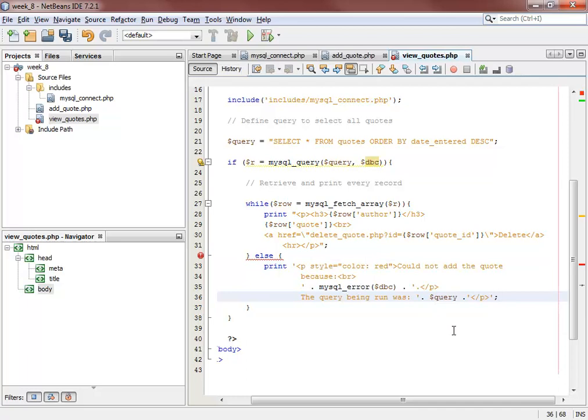And I'll just say this: could not retrieve the data because, oops, there we go, of whatever the issue was. And then to test this,